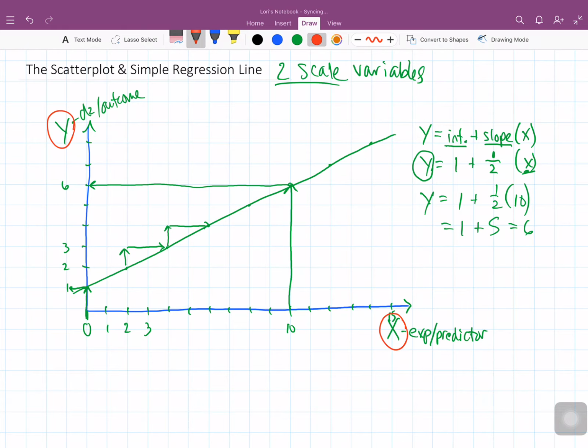And so that's how we find and interpret the slope and intercept. And so here in the equation is where our slope and intercept are. And here on the actual scatter plot itself is where we would find both our intercept and our slope. And so whether you're given the scatter plot or whether you're given this equation, you should be able to find